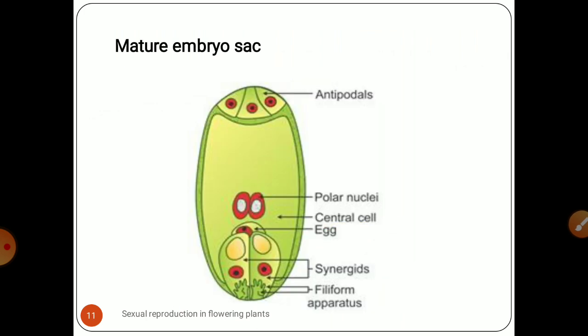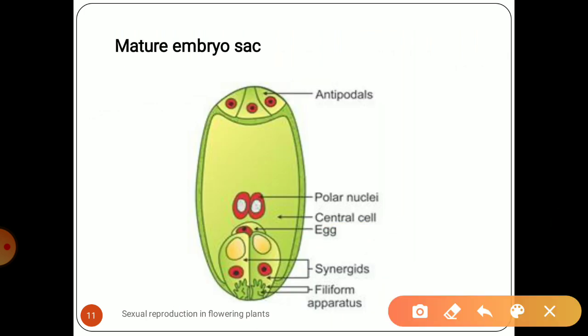If you see the mature embryo sac, sometimes in exams you have to draw this mature embryo sac, and sometimes you have to draw the whole megasporogenesis depicting it through diagrams. So you have to draw all the diagrams. Learn this diagram also. This is the diagram of the mature embryo sac. In megasporogenesis, the megaspore is formed. Out of 4 megaspores, 3 degenerate and only 1 is left. That 1 megaspore now forms the mature embryo sac. It is also called the mature female gametophyte. So don't get confused. Embryo sac and female gametophyte are the same.